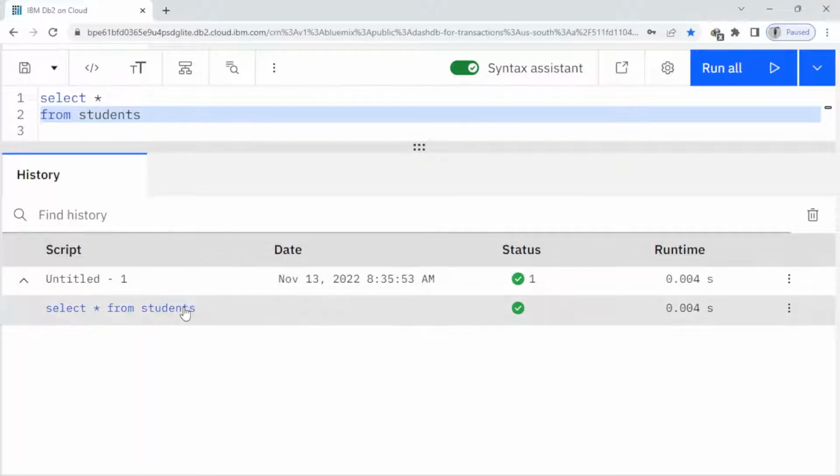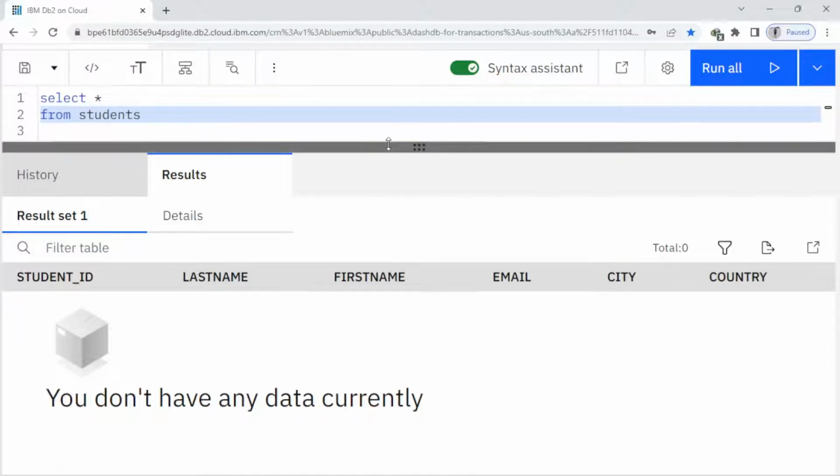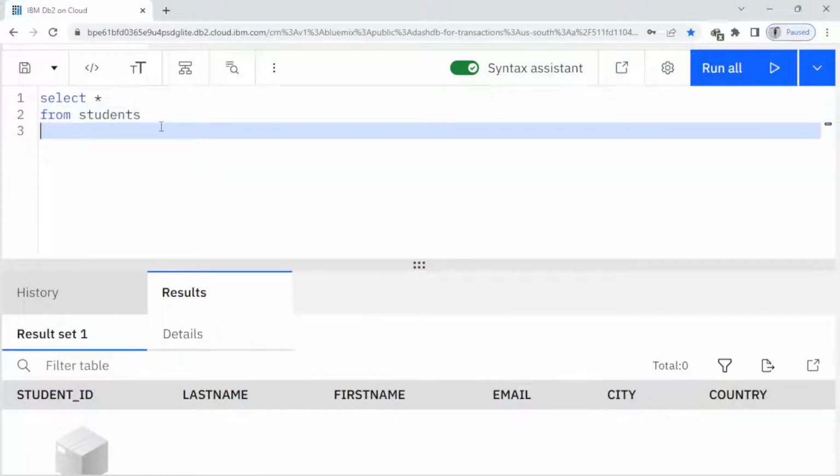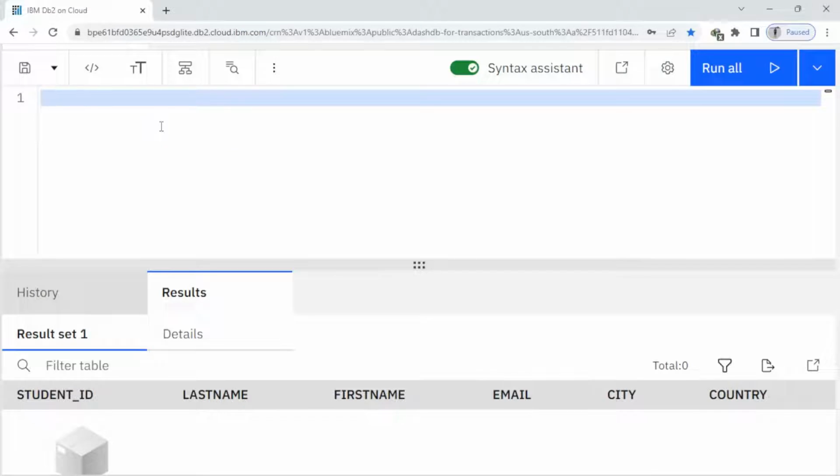And here, when I click here, you can see I have the name of the columns here and I don't have any data here. So I want to add data here or insert data here. I just remove this and type here